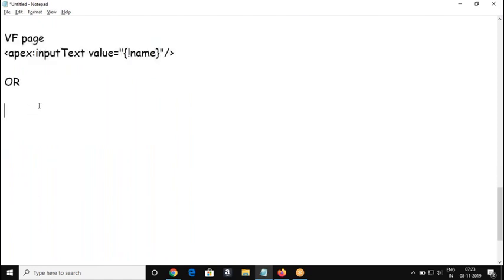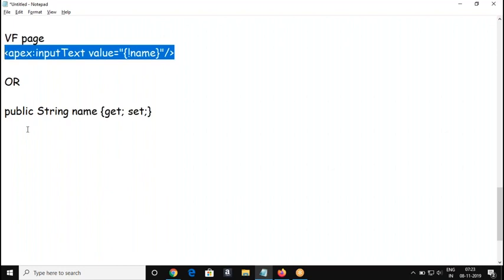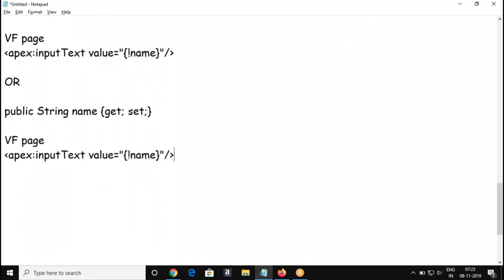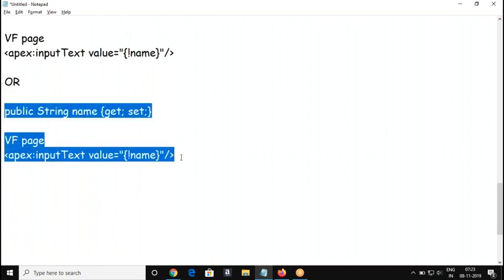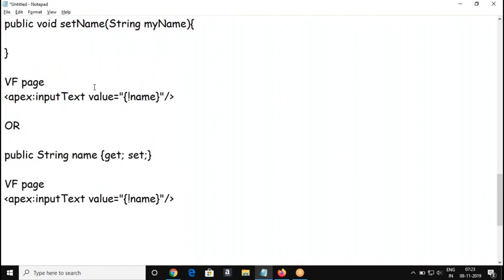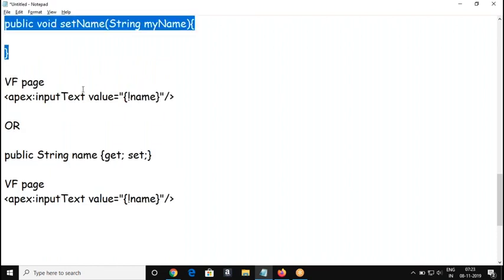The other format, public string name get set. Got me? Generally you are going to use this format only. But in any case, if you would like to do some logic when assigned, then go for this type of method.